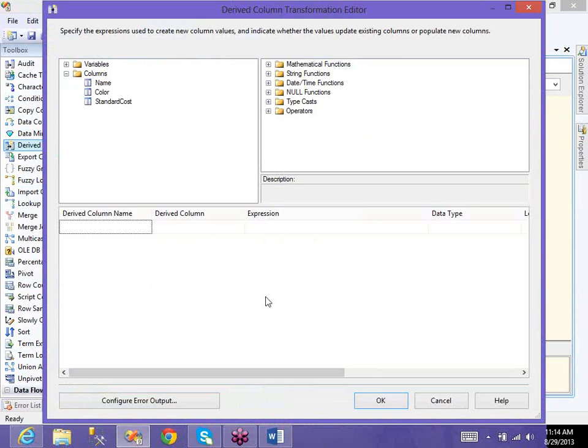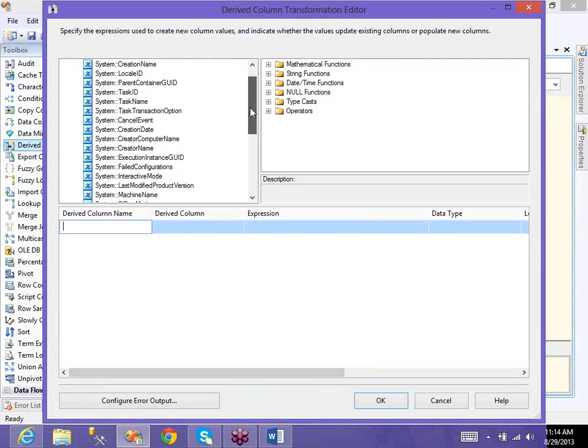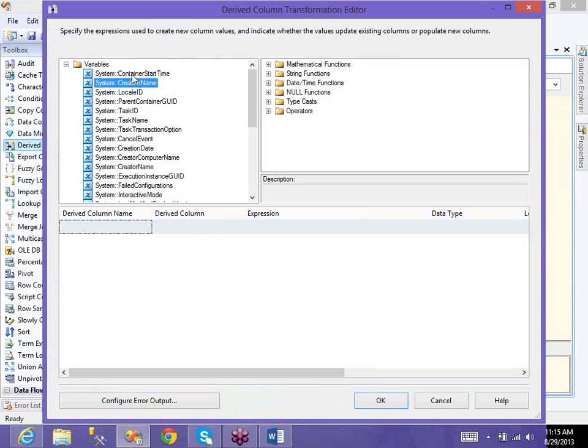The date, the execution time, and the user who is loading the data. 2 more columns I want to include. Then what do I need to do? Yes, I can create a new column, or else to get the date time, I can use a system variable. Either creation start time, meaning the package creation time, or container, meaning the previous task time, or